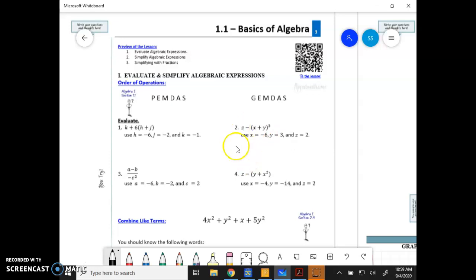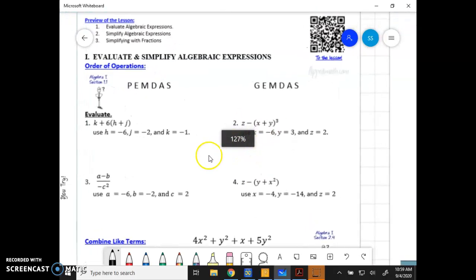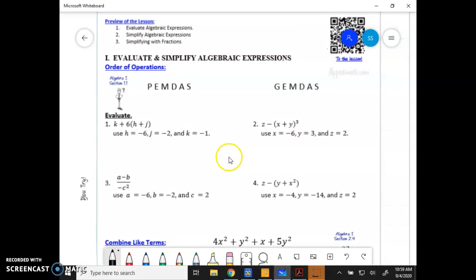Order of operations, we need to follow that with all of our problems. You've probably remember PEMDAS, or please excuse my dear Aunt Sally. I don't say PEMDAS, I say GEMDAS because the P in PEMDAS stands for parentheses, but there are more grouping symbols than just parentheses. Okay, so the G here stands for grouping symbols, and so